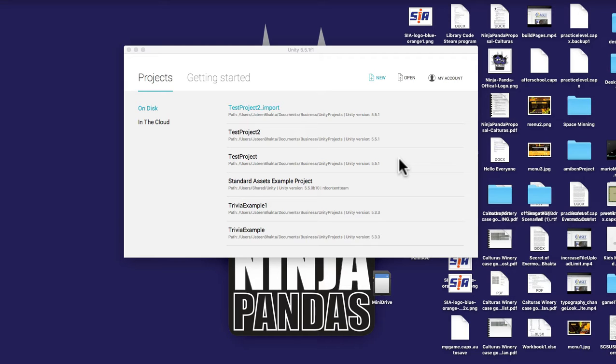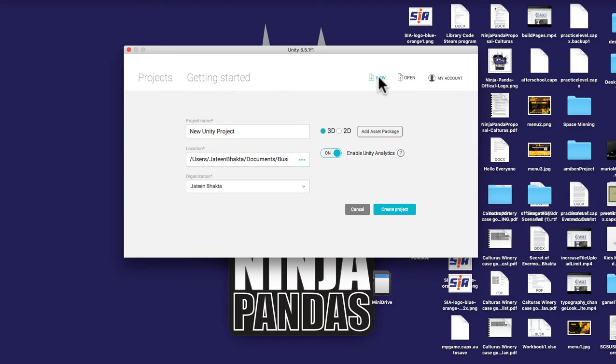So once you log in and make an account in Unity, it's free. You'll get to this page where yours will be blank, mine won't. And what you'll do is you'll just click up here on new, and we're gonna make a new project and give your project a name. So I'm just gonna give it Lab1